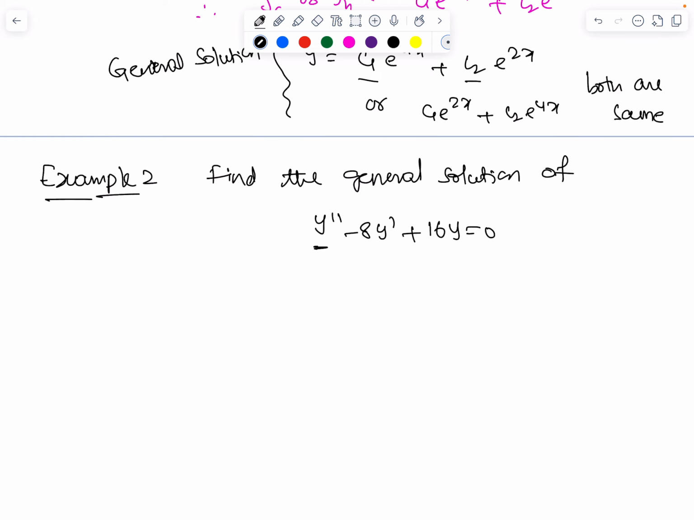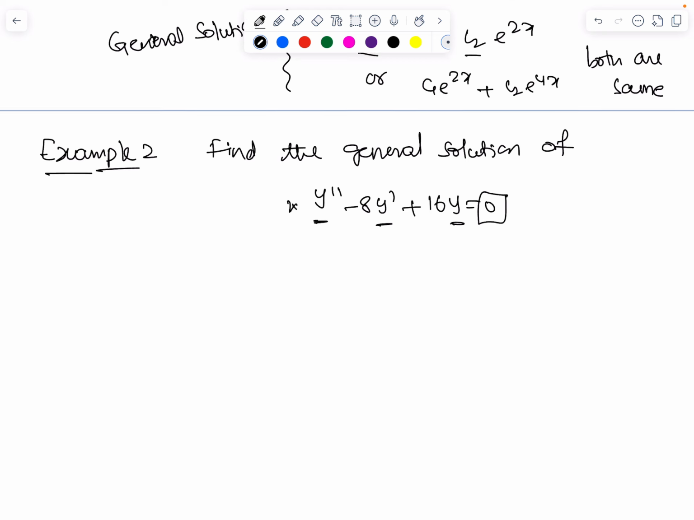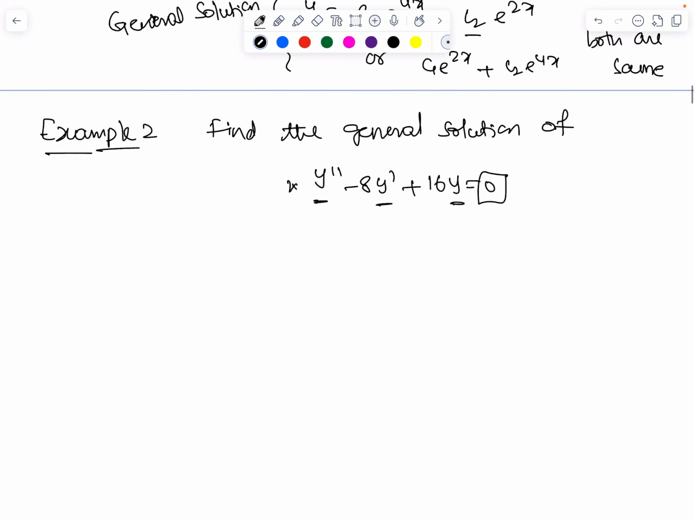This equation also, every non-zero term is having y everywhere. Therefore, this 1 and then minus 8, 16 are constant coefficients, fixed constants. And on the right hand side, this is 0, and that means there are no non-zero terms without y. So whatever the terms are there, these are with y only. Hence it is a homogeneous equation, and for the solution, let y is equal to e power mx